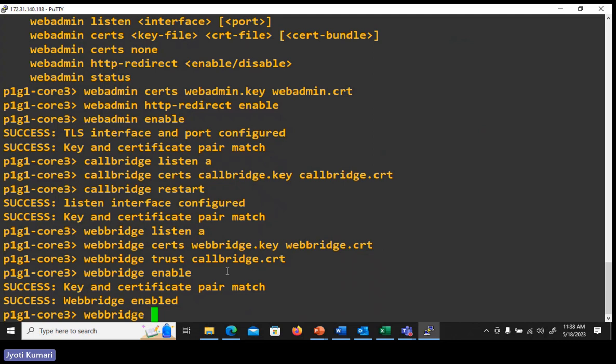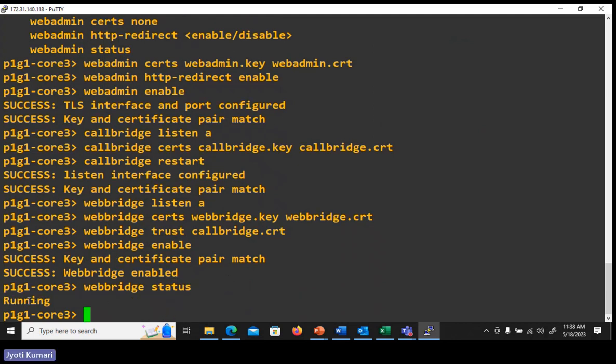Now we will verify web bridge with the command status. It should be running, which is good. So our status is fine. All the services executed and showed success and completed. So now after this, we should be able to log in. Like I showed you earlier, I